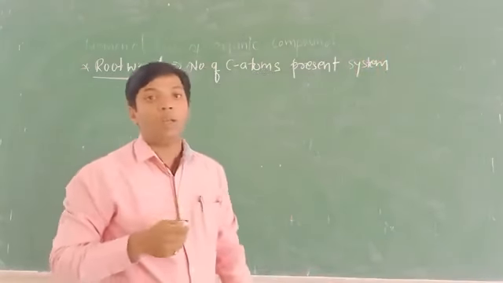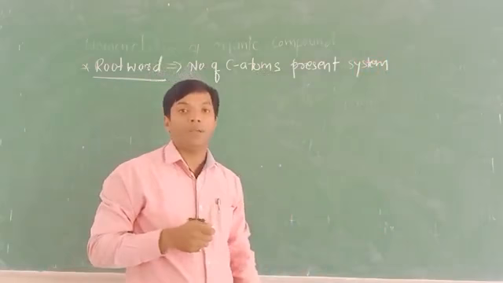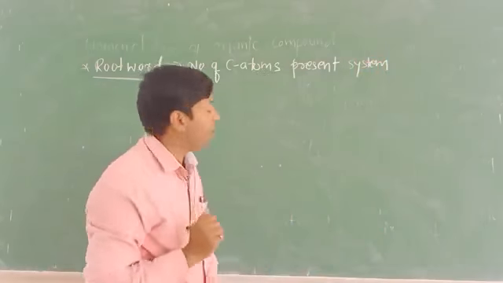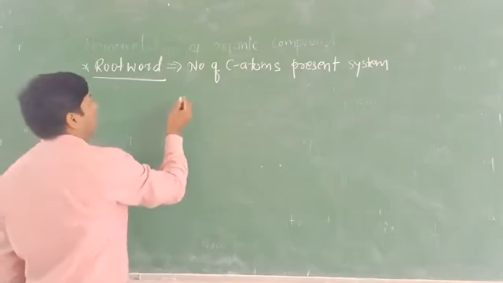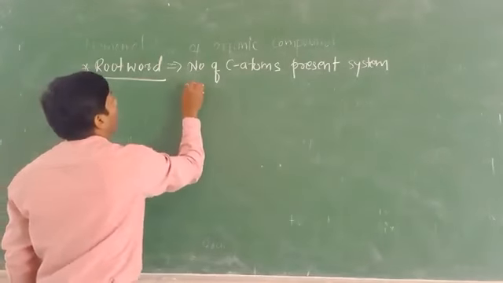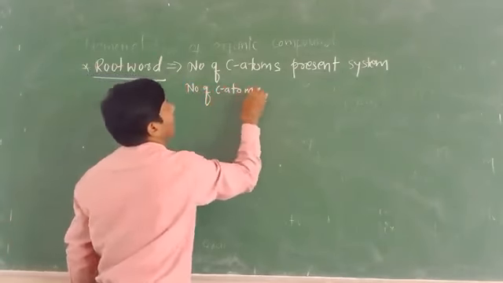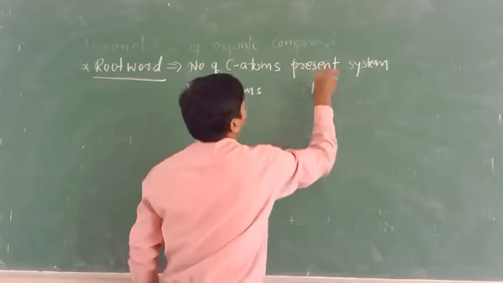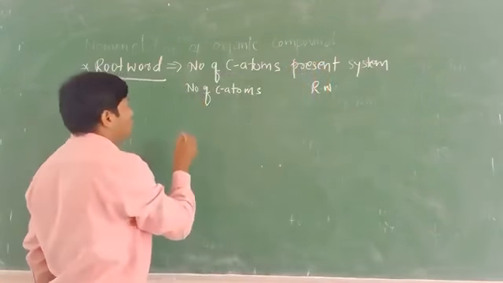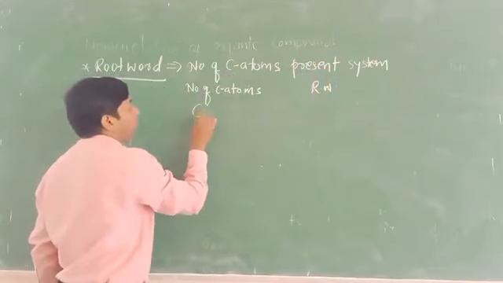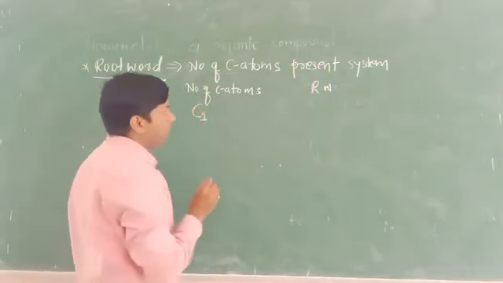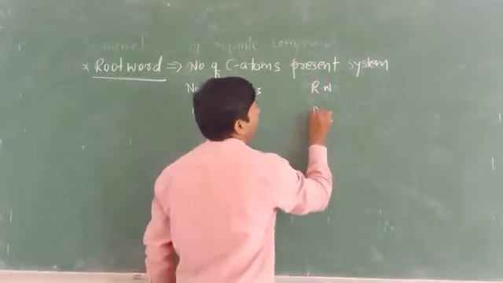And depending upon the number of carbon atoms present, you have to choose the root word. For example, suppose I write here number of carbon atoms and root word. Suppose the system contains only one carbon atom, then the root word you have to write as